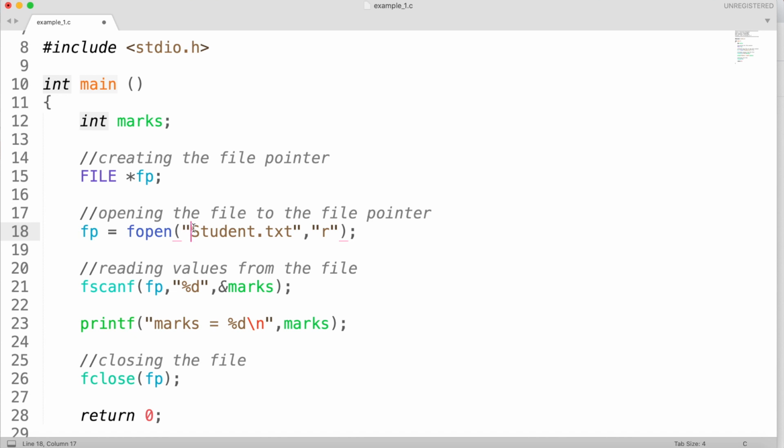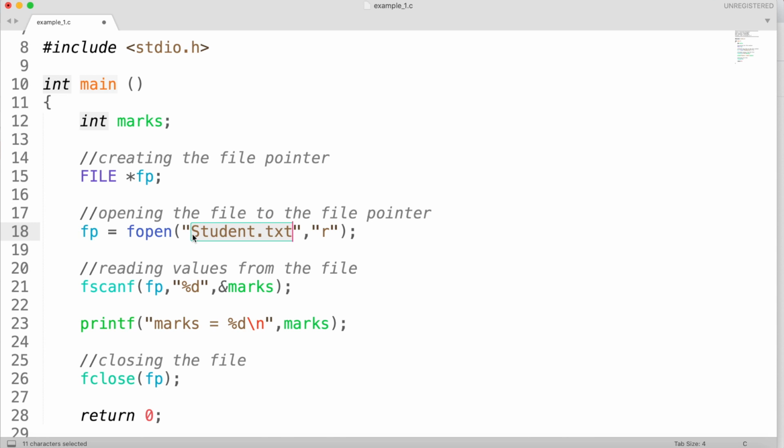Here I have given only the file name as the file path, because I'm telling the C compiler to look for the file which is currently inside the folder where I have stored my example1 program. So it's looking in the same folder for student.txt.